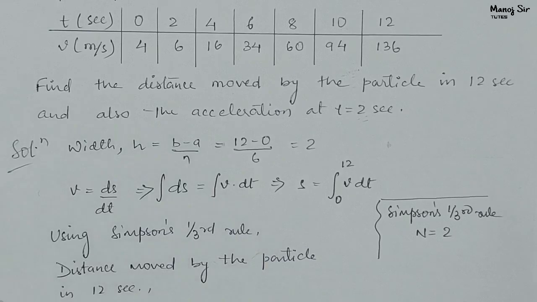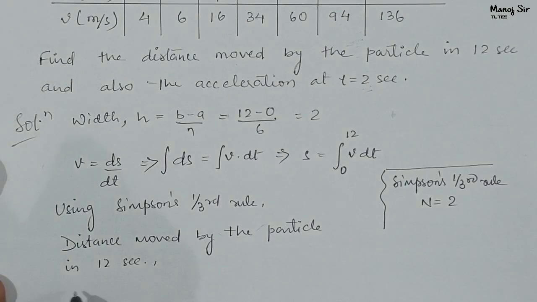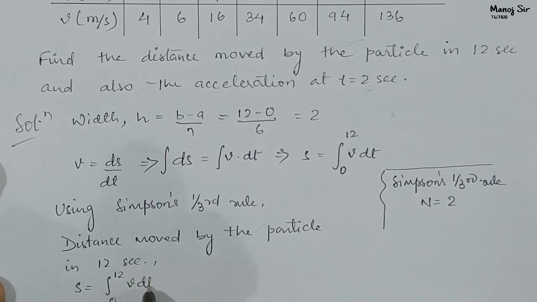Okay, that is S equals integration 0 to 12 v dt, and the formula for Simpson's 1/3 rule is h upon